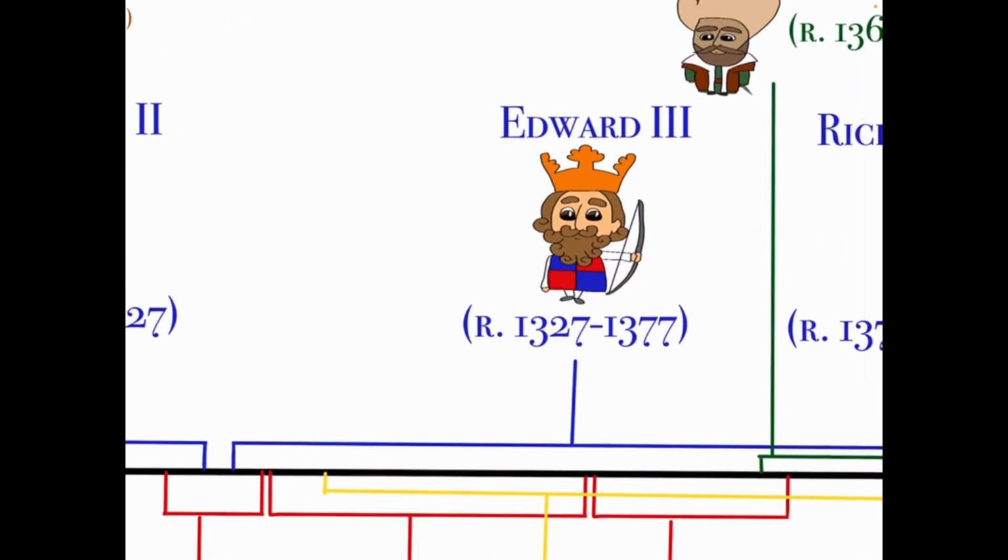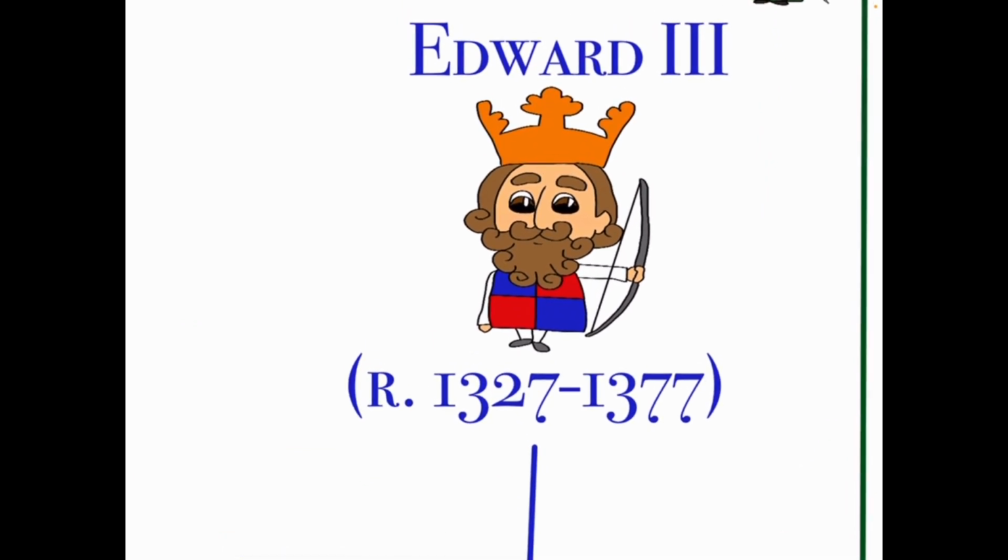Okay, let's move on to his son. We've got Edward III. Edward III ruled from 1327 to 1377. He was known for his military success in restoring royal authority. He ruled for 55 years. At age 17, he led a coup against Mortimer and had Mortimer brutally murdered. If the word overkill means anything to you, it's very much what happened here.